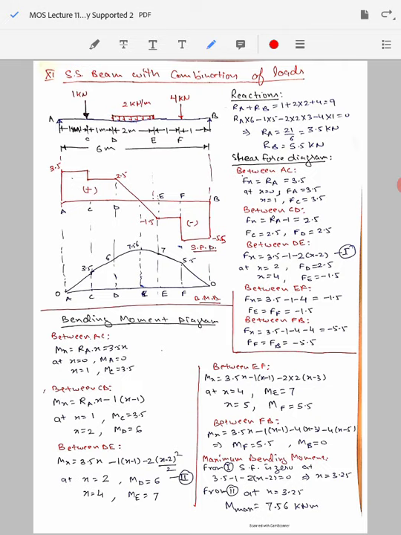So that gives us there are two forces, the support reactions Ra plus Rb, and they should be equal to the applied forces which are acting in the downward direction. So that's why we have here the 1 kN load and a 4 kN load. These are the 2 point loads which are acting downwards. Apart from that, there is a 2 multiplied by 2, that is 2 kN per meter load applied for 2 meter length. So that gives us total 4 kN load acting in a downward direction. The net sum is equal to 9 kN, that equals Ra plus Rb.